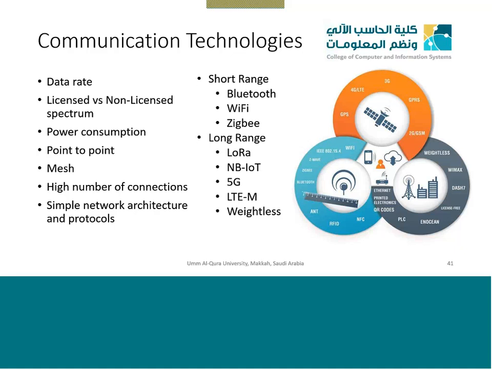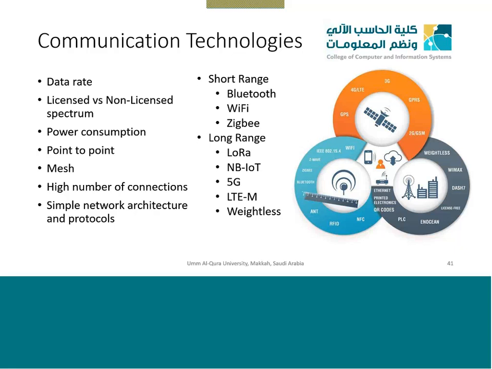So whether it should be a point-to-point network or a mesh network, or the number of connections. For example, Bluetooth supports very little amount of mobiles which can communicate with your phone, maybe I don't know 10 or 15 or something like that, but not more than that. Your Wi-Fi devices at home usually support 25 or 100 or 50 based on which router you are using. So very limited number of connectivity. You cannot have a single Wi-Fi device connect with thousands of devices. So this is an important consideration of what will be the number of devices around this device with which it can communicate.